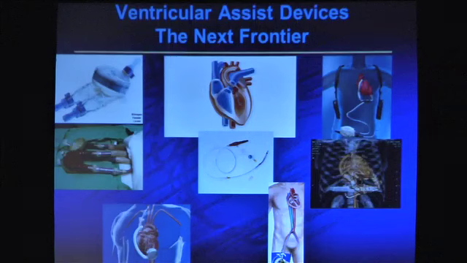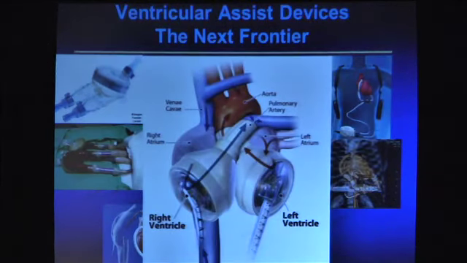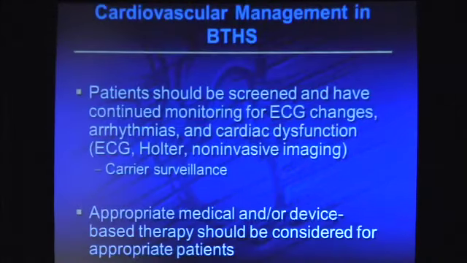And these are just some pictures of these fancier devices, which could all be considered based on the size and age of the patient. And this last device is a total artificial heart, which could also be used in an appropriate situation. So in summary, we would say patients should be screened and have continued monitoring for all the things that I told you about,